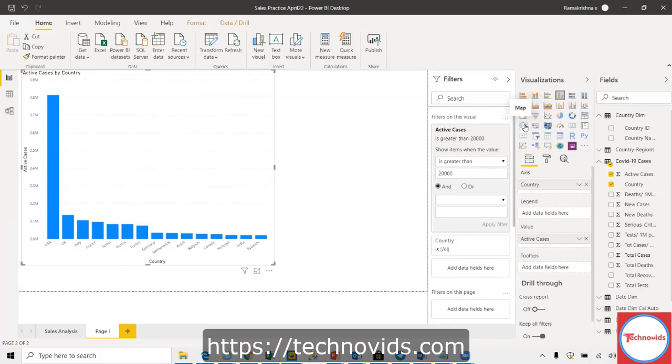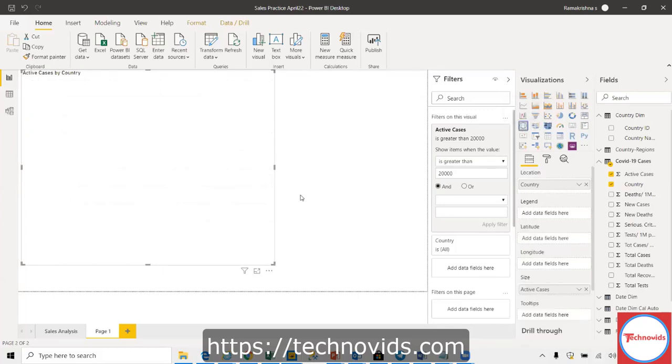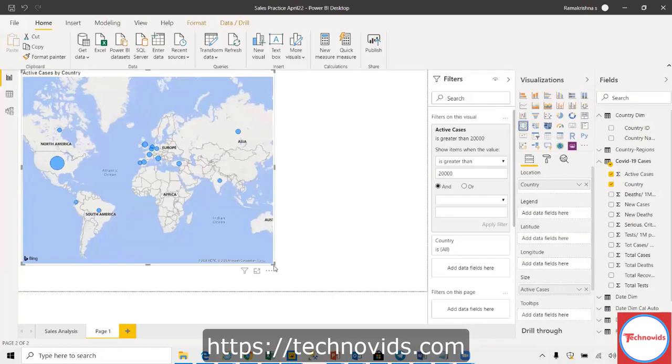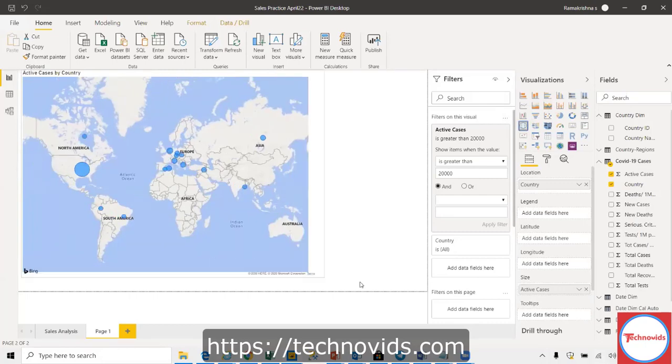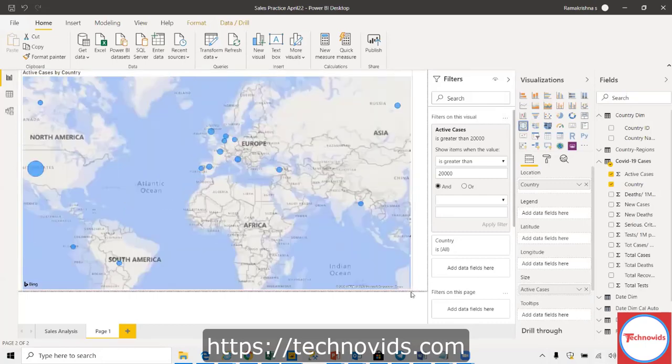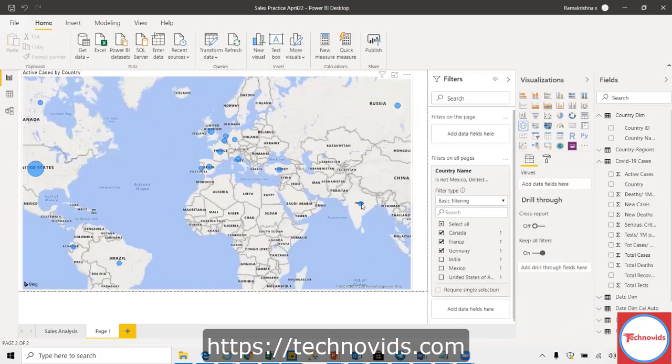So the map is possible. If I had picked country first to start with, it would have given the map directly, and since I picked the cases to start with, it has given me this one. For example, this is India, this is Russia, this is United States. So these are the countries where the cases are more than this.